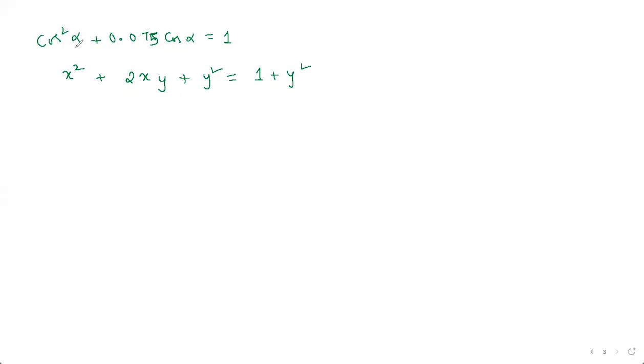So what is x? Okay, cos alpha. So this x is this cos alpha. So 2y is equal to this one. Just write down this way: 2y is equal to 0.075. Once you understand this, you will feel it very simple, right? So y value I'm going to find out as 0.0375. Now I can write this as a plus b whole square, right? So this equation can be written as x plus y whole square. That way we can easily solve it.